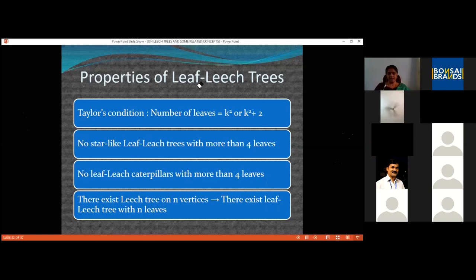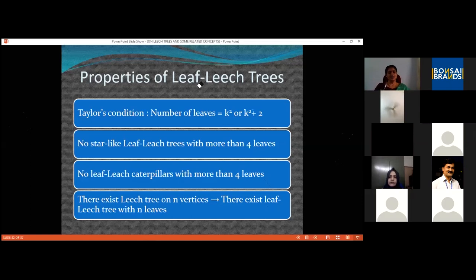In the resultant tree, attach pendant vertices to all the existing vertices. So none of the existing vertices are now leaves; only the newly introduced vertices are leaves. That is, take the corona with K1. The resultant graph will be a tree and it will be a leaf leach tree. So that is what makes leaf leach trees interesting for those who are studying leach trees.